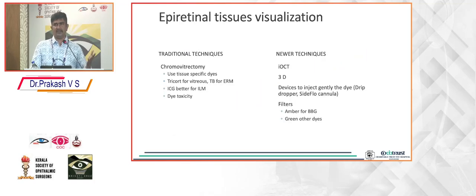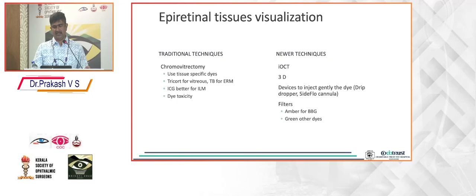Then the other problem is epiretinal tissue visualization. What we have traditionally been doing is chromovitrectomy, that is, using dyes to identify various layers of the retina or the vitreous. We have to always use tissue specific dyes. For vitreous we use triamcinolone, and we can see the multiple layers of vitreous. For ILM we routinely use BBG, but in myopic eyes the ILM does not stain well with BBG and you may have to use ICG. ICG is slightly more toxic than BBG, but still it is better to use ICG,